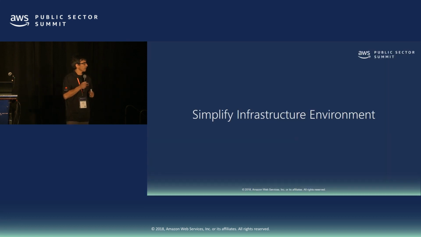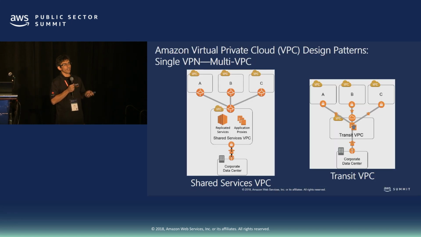Okay, how can you simplify the infrastructure environment? First and foremost, everything starts with networking, right? And that's why I have the Amazon Virtual Private Cloud, the VPCs, showing up for you. The intent here is to show that whenever you think about Active Directory, let's say System Center, any other application that you have shared with other applications, it goes to a central location like a shared services VPC. And from your shared services VPC, you connect all your applications to your shared services like Active Directory.